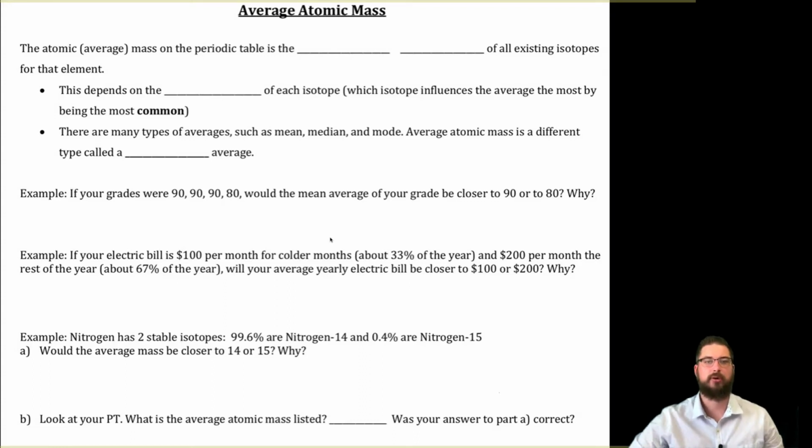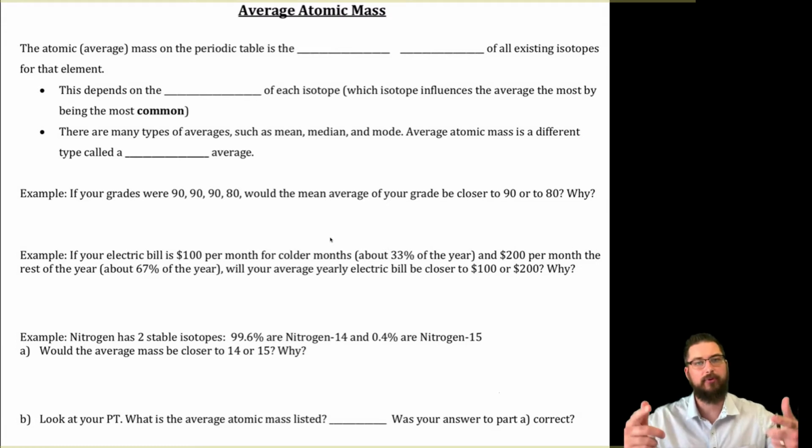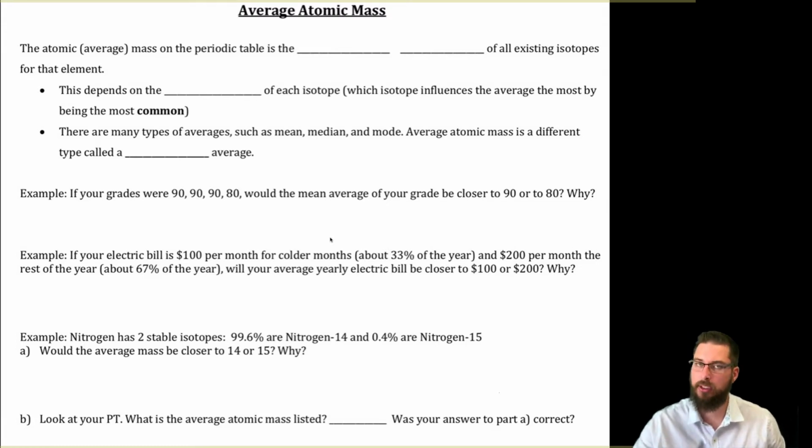All right, everyone, let's go ahead and talk about average atomic mass. And if you remember, the average atomic mass is represented on the periodic table. So whenever you see the atomic mass on the periodic table, that is an average mass. And so the atomic mass, or the average atomic mass on the periodic table,